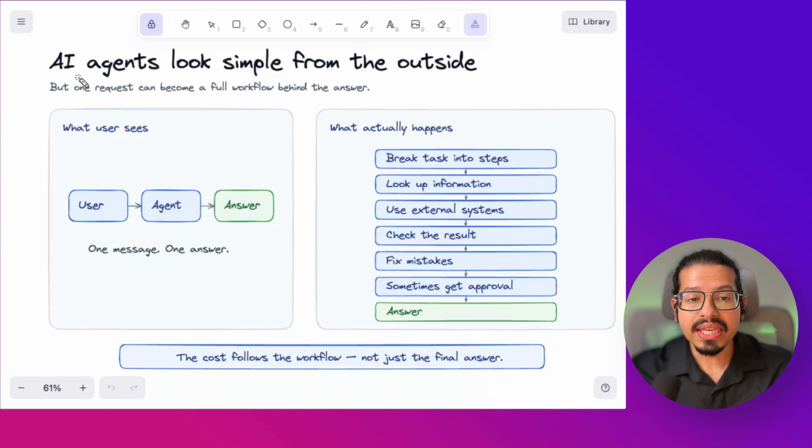AI agent cost is not just about the token cost. It is the cost of the full workflow that is needed to complete the task. In this video, I will show you why AI agents become expensive and how to control that cost in production. Let's get started. AI agents look simple from the outside, but one request from the user can become a full